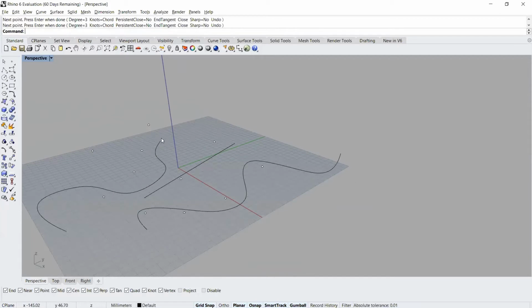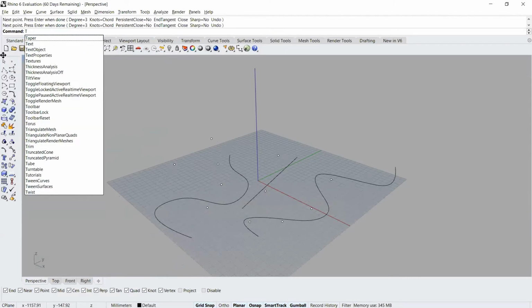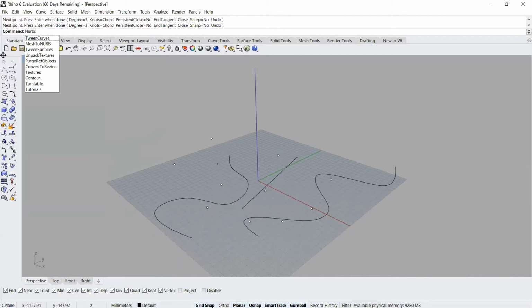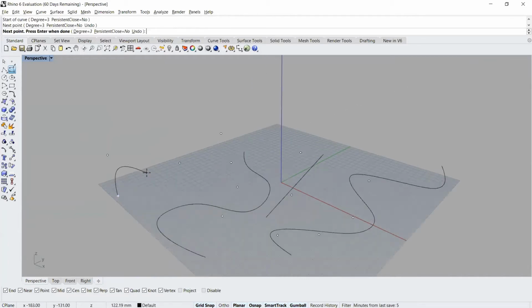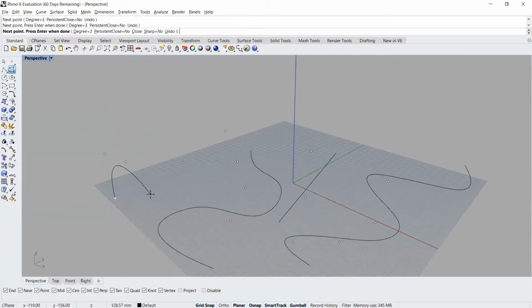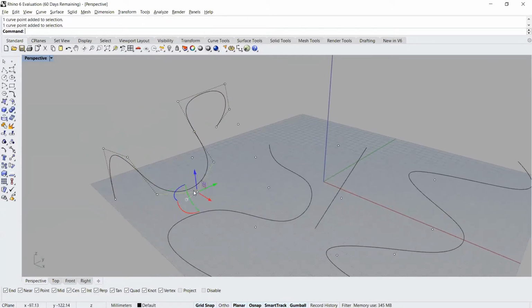There's a basic difference between a NURBS curve and an interpolated curve. If you see, when I select NURBS curve and start selecting points, the start point is the start point of the line. But when I select the next points, these points actually become the control points of the NURBS curve. When I press the last point and press enter and select this curve, you see all these points are lying outside the curve. These points are the control points of this curve.